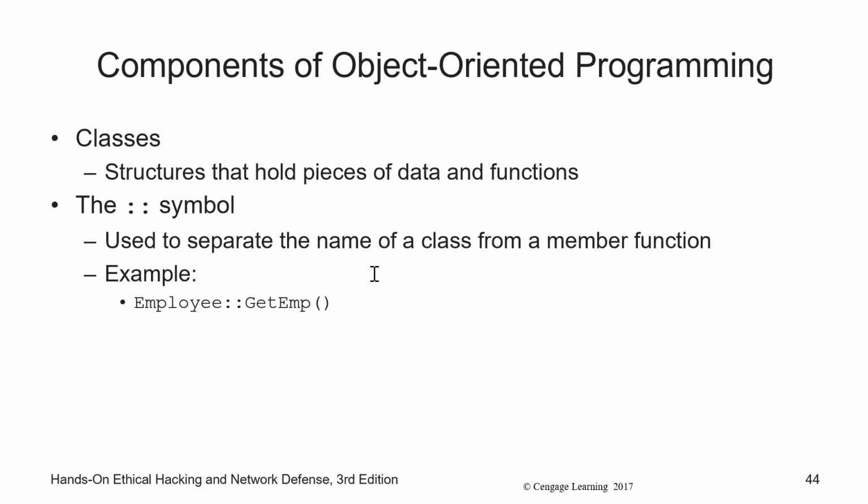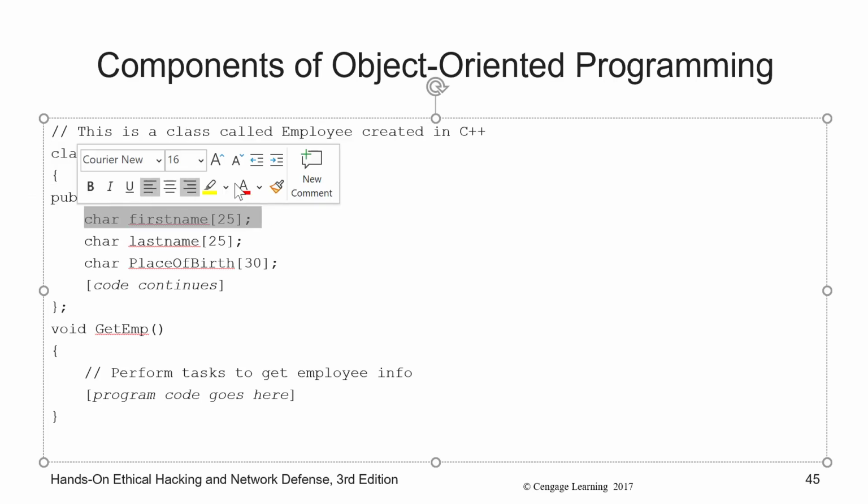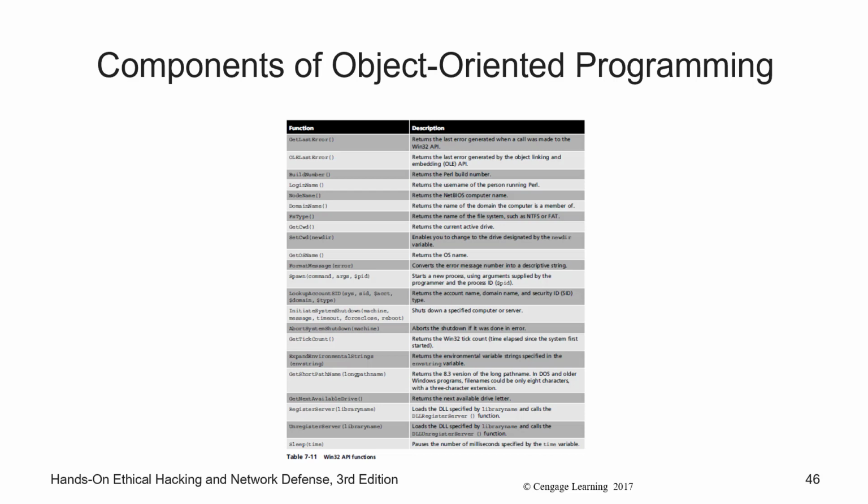So here, what is it saying? We have an employee. We want to call the method getEmployee, or member function, as they say. So here, we're defining a class employee. Employee has the attributes, a first name and a last name, both strings up to length of 25 characters. Place of birth, a string up to length 30 characters, and so on and so forth. And this employee, you can say get employee info, and it will return info. So it's the programming representation of a real employee.